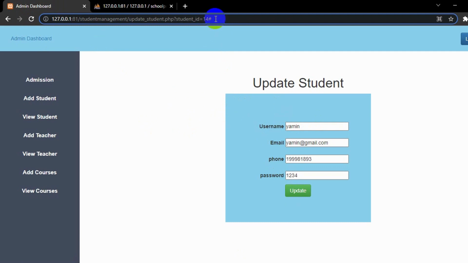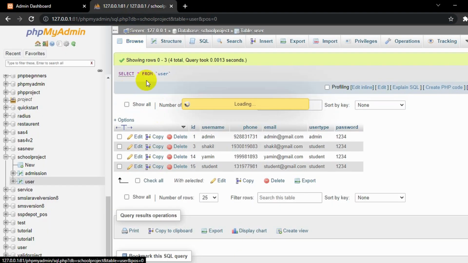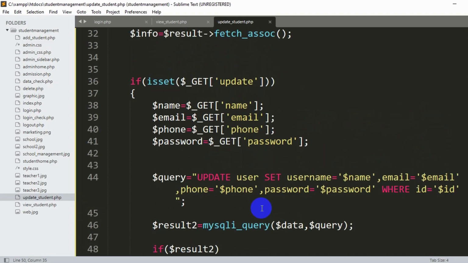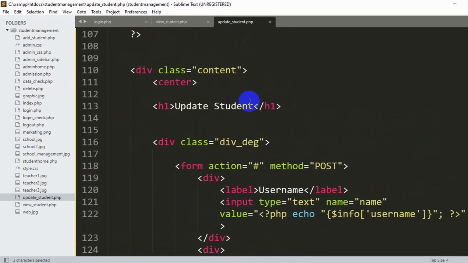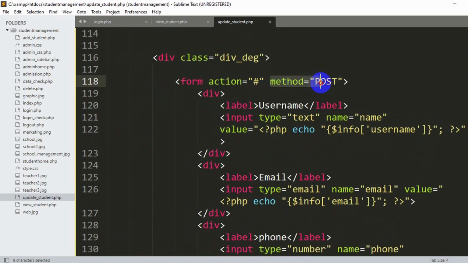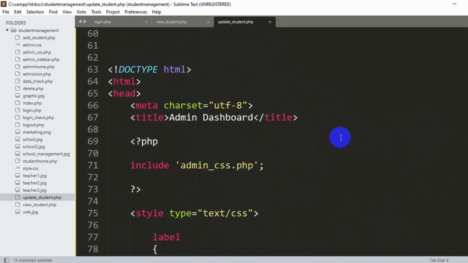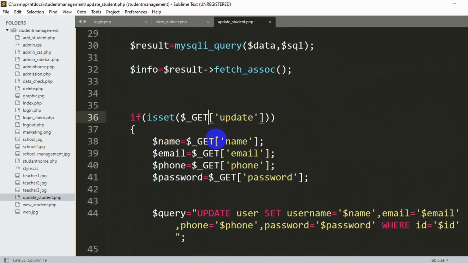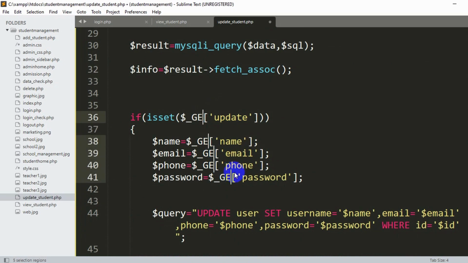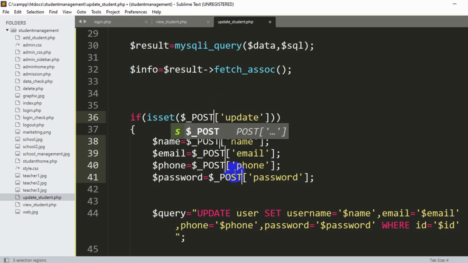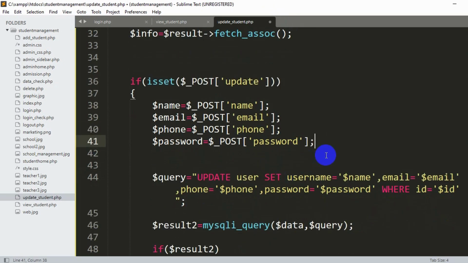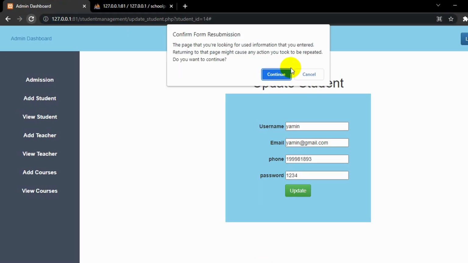Okay, it didn't update over here. You can see if I just refresh over here, there is no update. I think I made a mistake. Okay, actually it will be post, and if I just go down over here, you can see that we write method equal to post. So we need to write over here, instead of get, we need to say post. Let me just select all the get over here, and instead of get we are going to say post. So currently if we now save it, Control S,